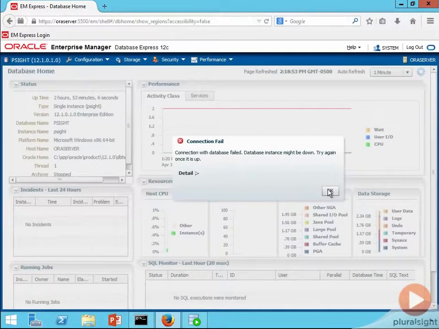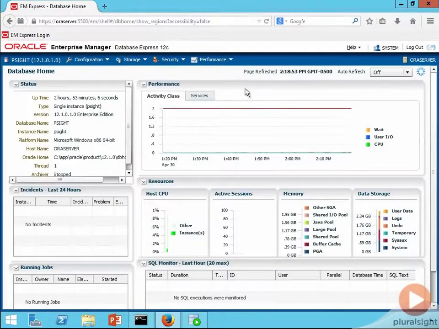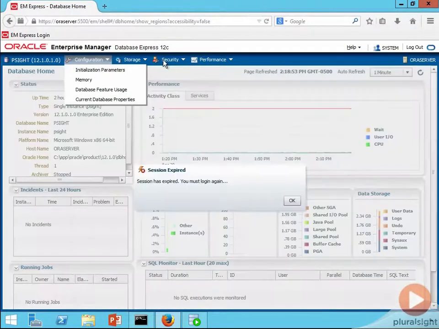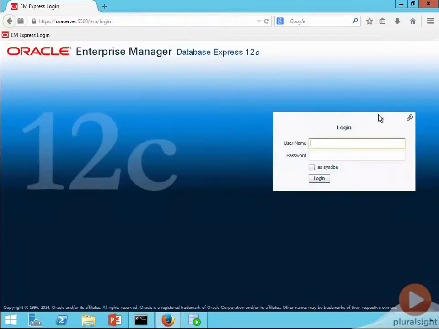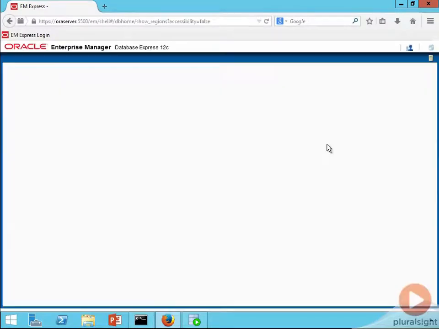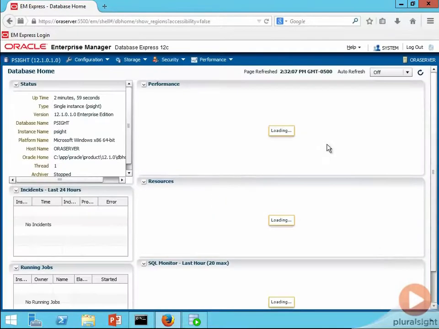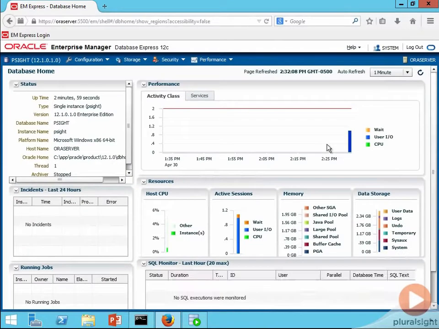I'm logged into Oracle Enterprise Manager here. I just want you to know that as long as you're logged in with SYSDBA privilege, let me actually log in again. Note that I'm ticking as SYSDBA to invoke that special privilege. SYSDBA does unlock a lot more in Database Express. I know I've been kind of harsh on this tool, having enjoyed the 11g Oracle Enterprise Manager so much, but anyway,